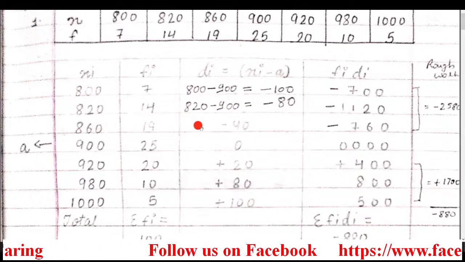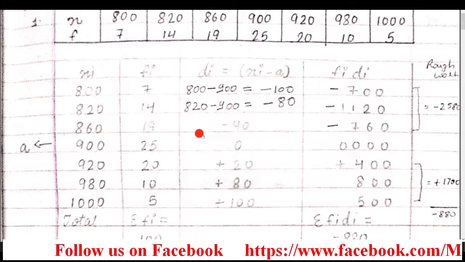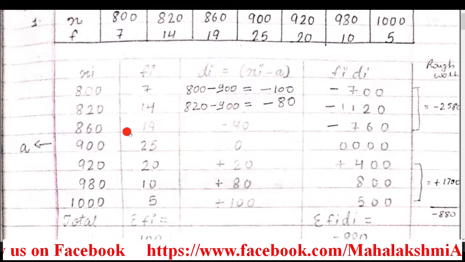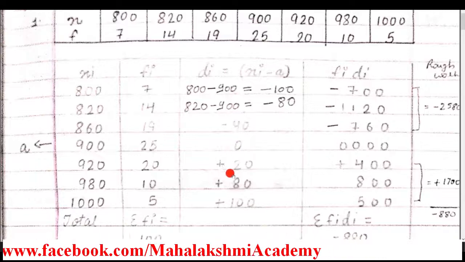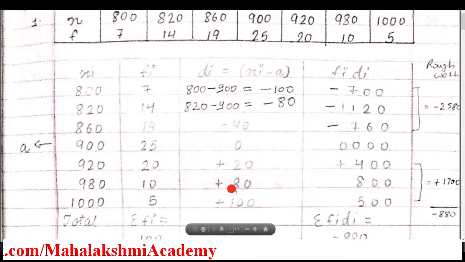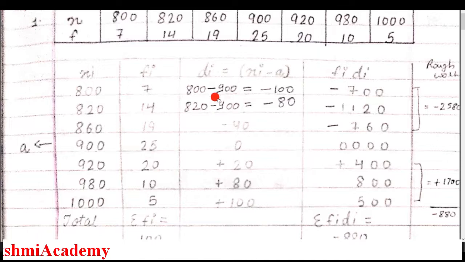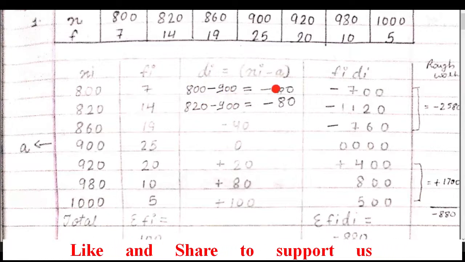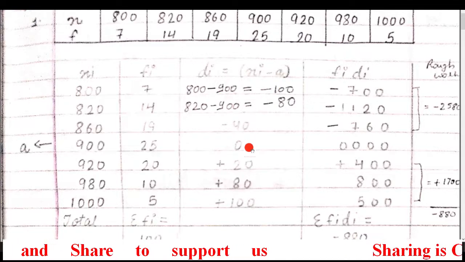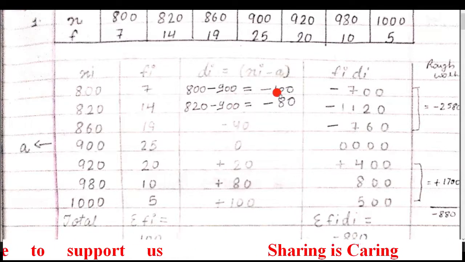In the same way, we have to fill the next subsequent rows. So when you subtract and fill it, you will get minus 40, then 0, plus 20, plus 80 and 100. I hope it's clear to you. I did these two steps to make it clear how we are getting deviation. Further you can do it orally, and if you want to write all these, you can write here. It's not necessary to write all this. It's sufficient to enter the difference directly.